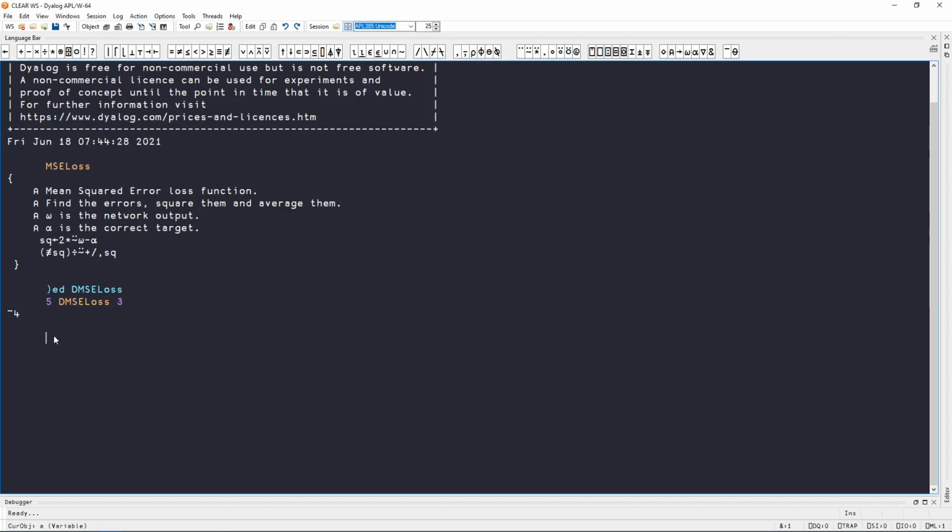Now that we have implemented the derivative of the loss function, what we can do is verify empirically that it is working. And to do that verification, we can compare the value of the derivative of the loss function to a numerical approximation, like we have seen in